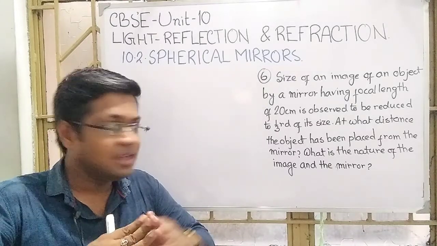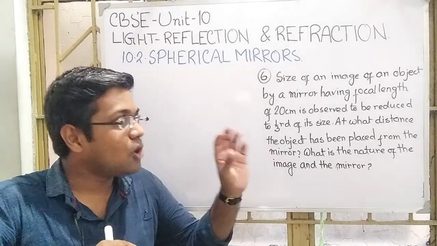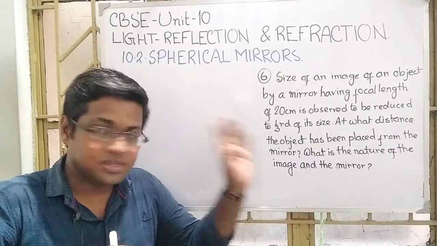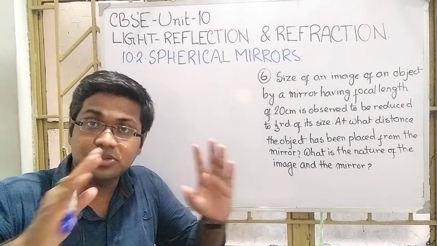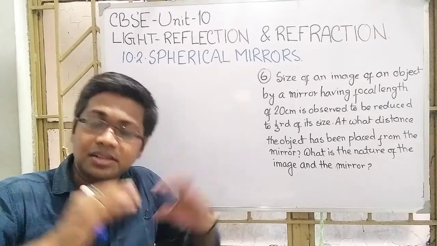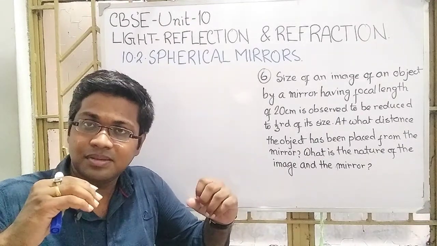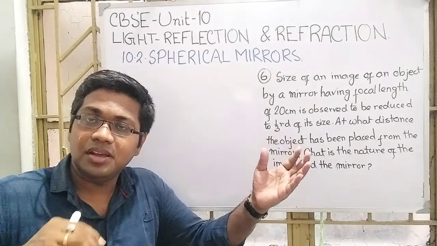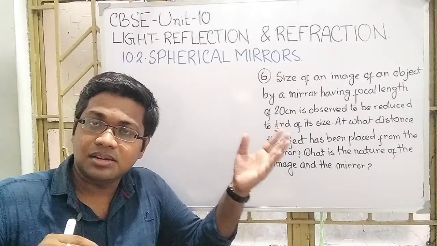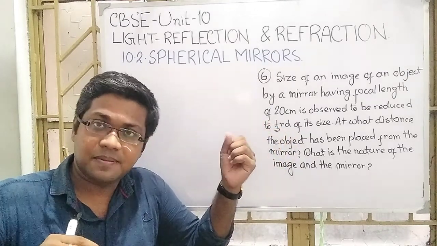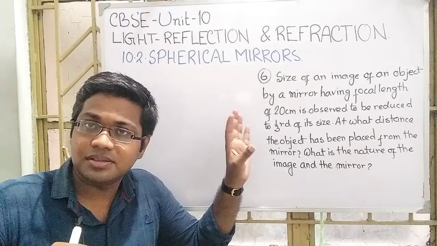So obviously we cannot say anything definitely. It is not told that the object appears to diverge or that the object can be observed. It is also not declared that the image is taken on the screen. Then we would confirm that the image obtained here is a real image, and then we would say that the mirror here is a concave mirror. So nothing is declared. So it is a very important problem.